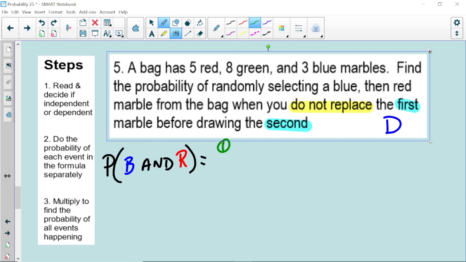16. How did we get 16? Yep, add all 3 numbers up here. So 5 red plus 8 plus 3